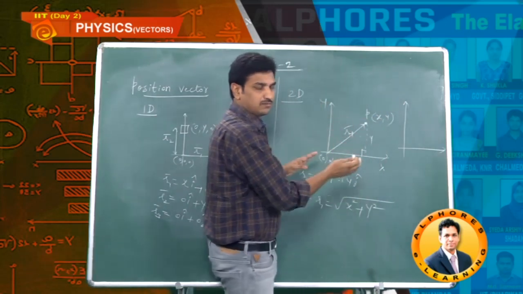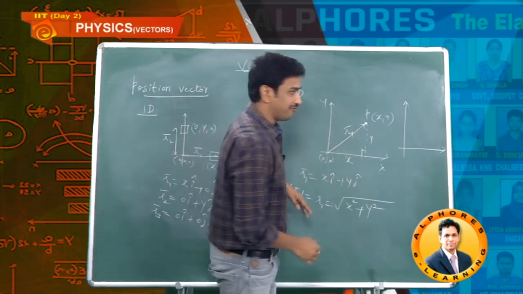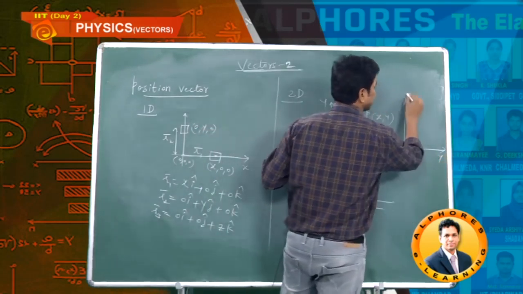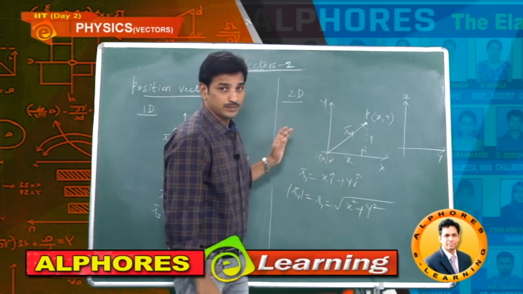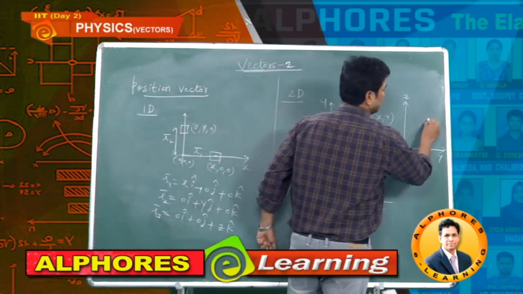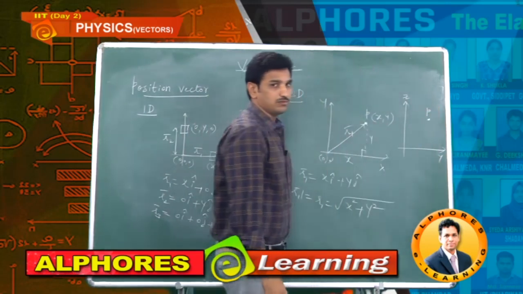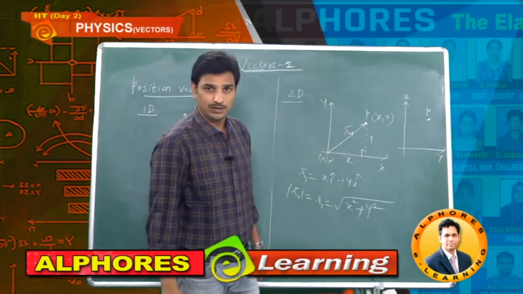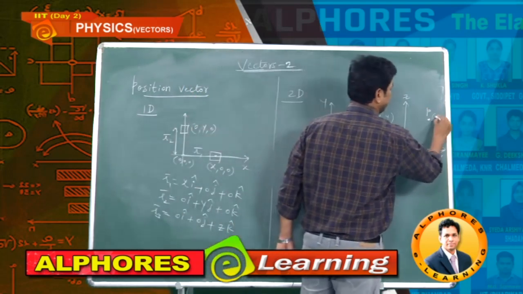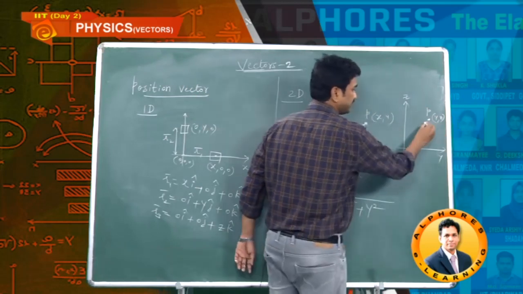Let me do the same thing with one more example you can feel. It's a y axis, it's a z axis. Again 2D. Now you can do it because you have pen and book.